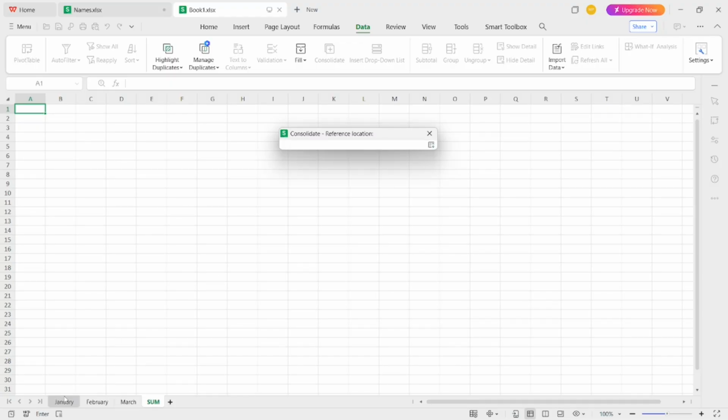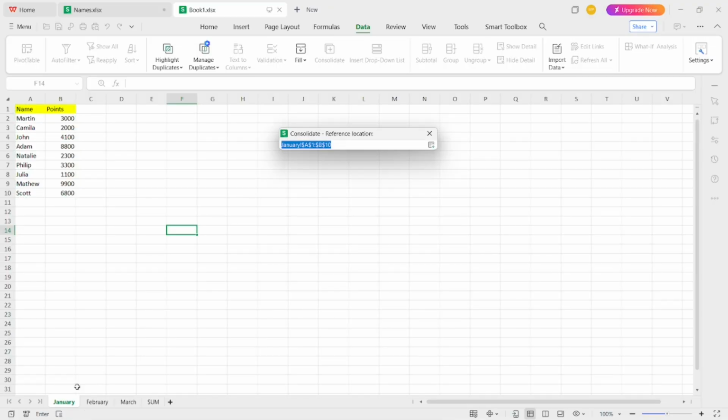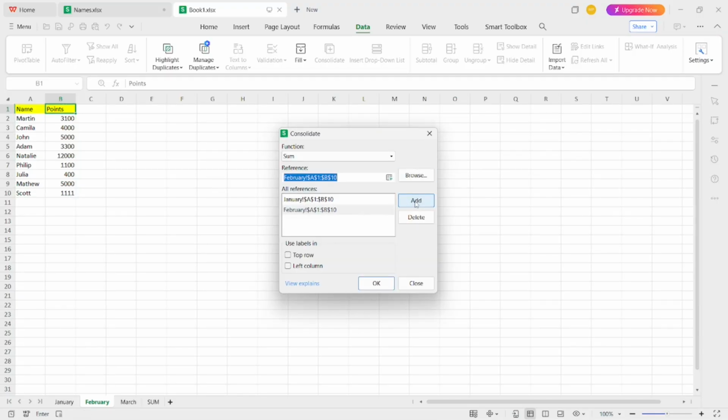I go to January. I select all cells here, which I want to consolidate. Then I click on this one option and I click add. Now again, I click on this one option. I go to February sheet and here I select another data range. Again, I click on this one option, I click add button and I click on this icon one more time